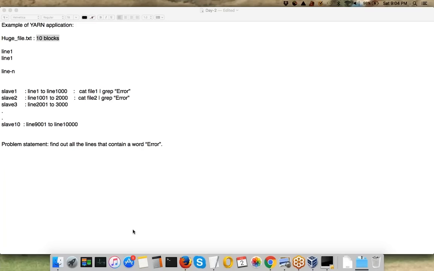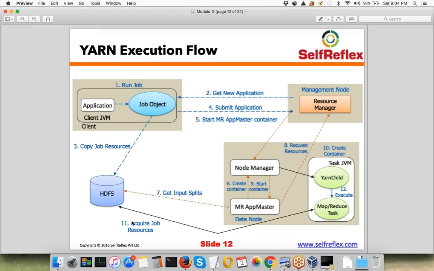Yes, remote access of data, that's correct, Rajesh. So obviously remote access is going to be a little slower, but rather than waiting for a free container which you are not even sure how much time it will take, it's better to launch a task on some remote data node. Right, guys? So that was about data locality. This particular feature of Hadoop is called data locality, which means it tries its best to run a task on the same machine where data is present, and that is one of the reasons why Hadoop is fast.